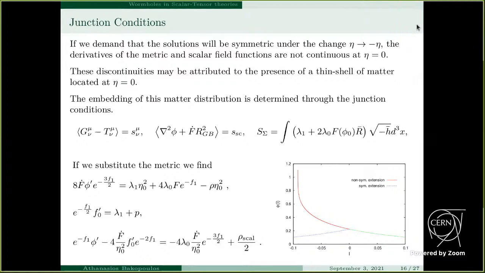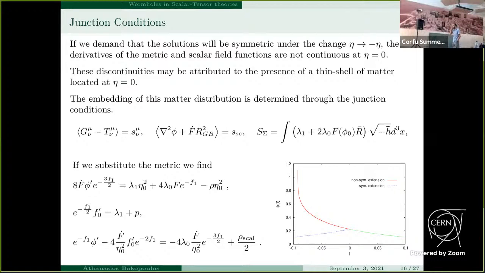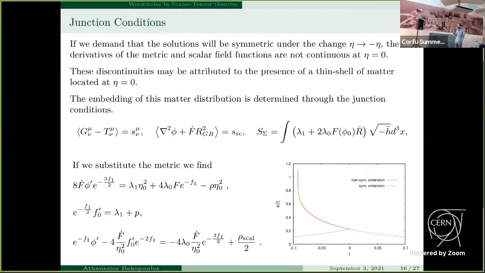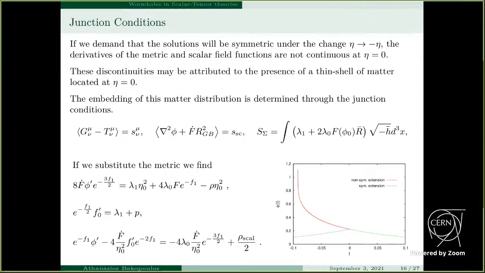Very nice talk. I would like to ask again about this matter. So your matter is necessary because of what? I mean, you could have traversable wormholes with just the Gauss-Bonnet term and the scalar field. Am I right? Could you repeat the question? Sorry, yeah. When you say you had extra matter, what did you mean other than the scalar field? Yeah. So if you have only the scalar field, let's say that the scalar field is the dilaton in string theory, you could still have traversable wormholes. That was the work by Kanti, Kleihaus and Kunz, am I right? Or well,